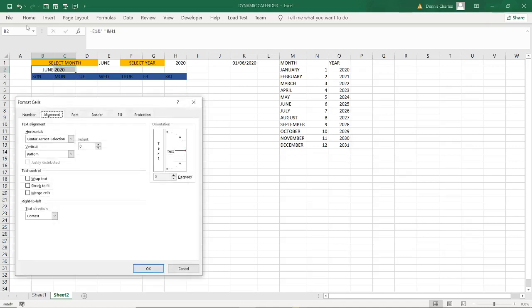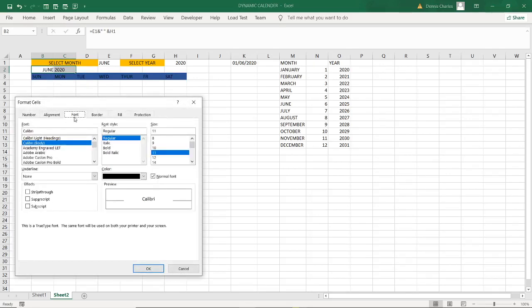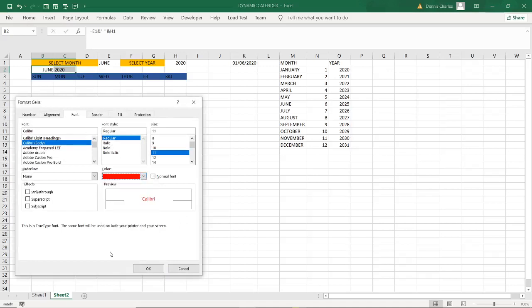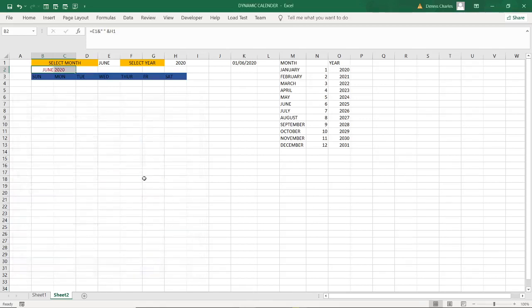Control 1, if I talk about the font, you can have that font in a different color, so it will be changing.